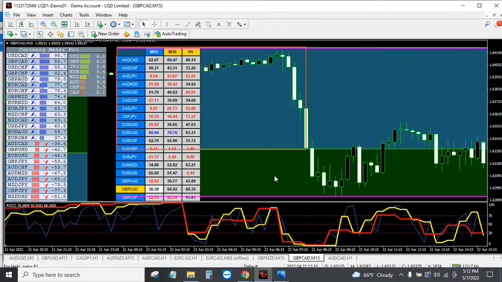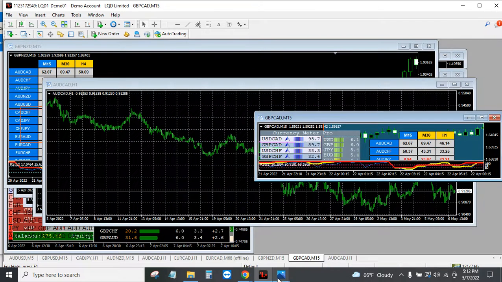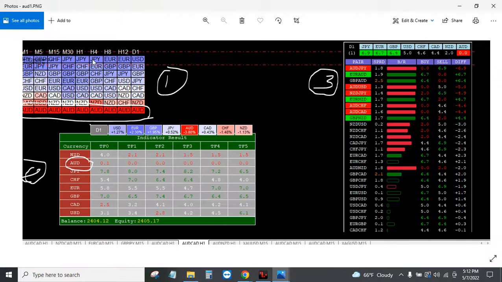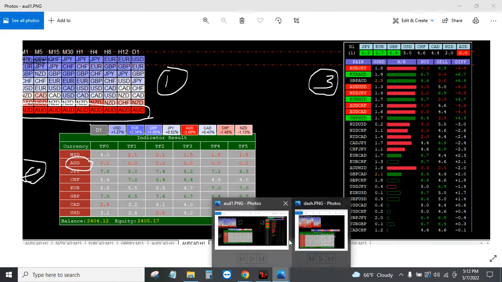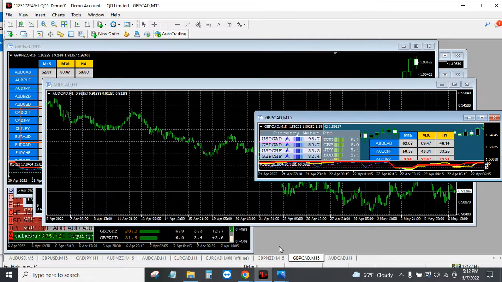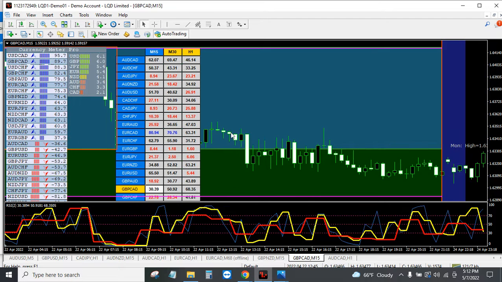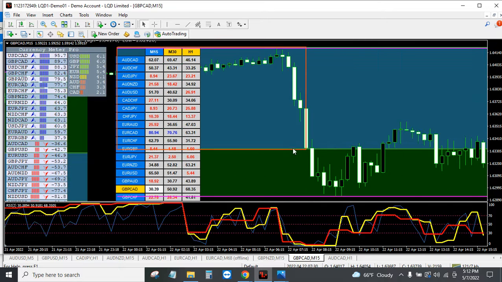So that's it. The second indicator is going to be an indicator called the heat map Modoki. It's going to be this indicator here, or you can use this indicator here. So with this indicator, when those levels are broken, for instance, when this level is broken,